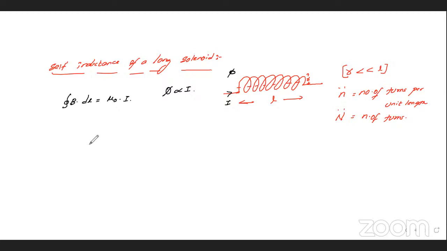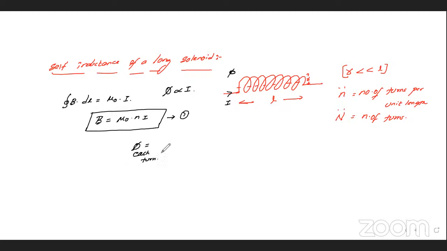We have seen this for the solenoid and the toroid. B is equal to mu naught n i, where n is nothing but your number of turns per unit length. I'll take this as the first relation. And we know about the flux. Flux phi is equal to, for each turn,